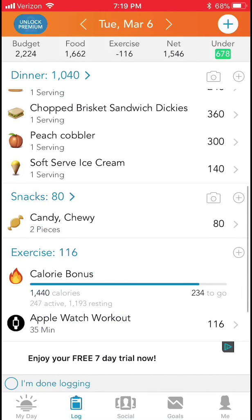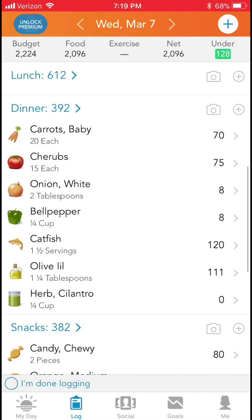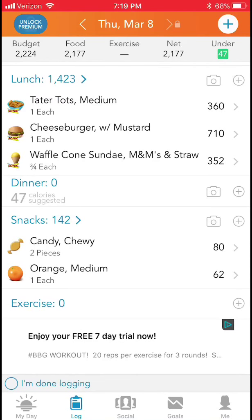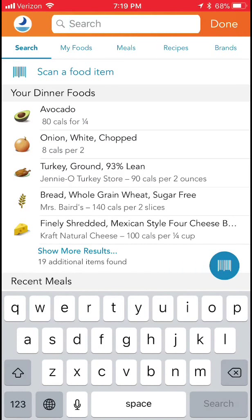Now I went back to the log section just to show you again some of the items that I've put in. I'm a big snacker and I like to snack a lot, and so I select snacks that I can eat. I just love Sweet Tarts, and that's my sweet tooth fix. But I also like to eat fruits, and so I'll put that in. But as you can see, this day I had a cheeseburger from Sonic, and so I just go to Sonic, type in the restaurant,